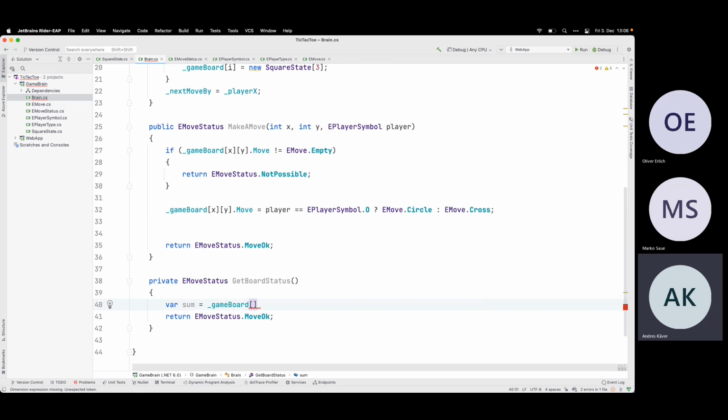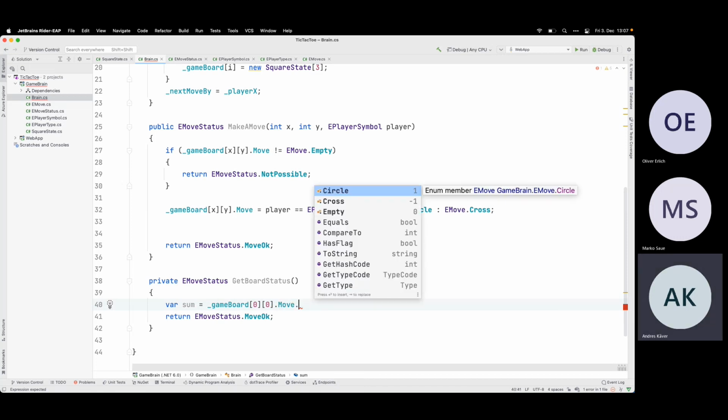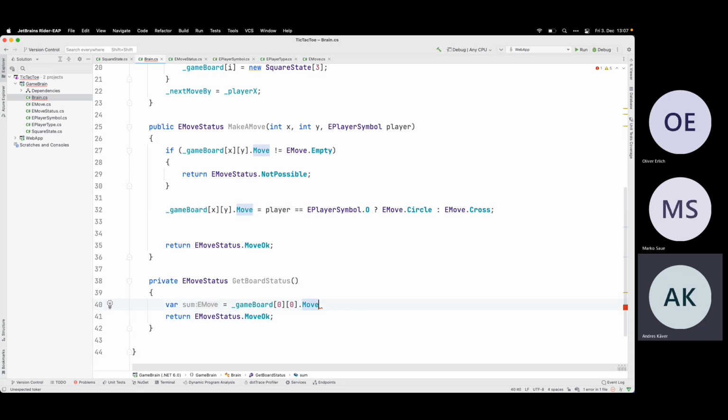So I have 6 ways how to do it. So let's make diagonals first. So this is the move.